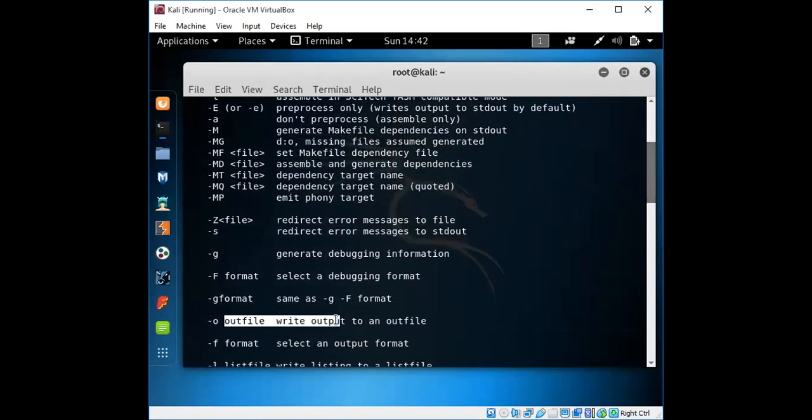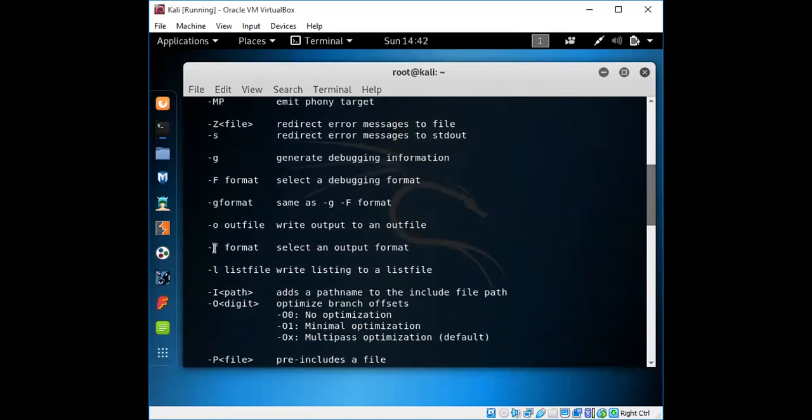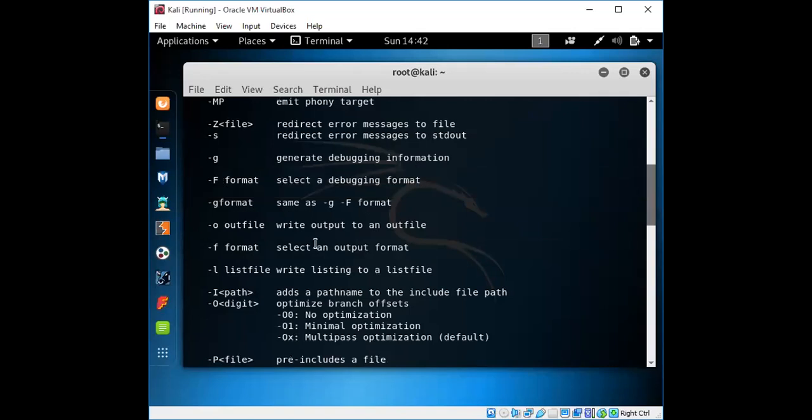So output file is -o, that writes the output to the output file. Then -f might be required, for formatted output. Capital F and small f will show a difference. Okay, so -F is for the debugging format and -f is for formatting the output.